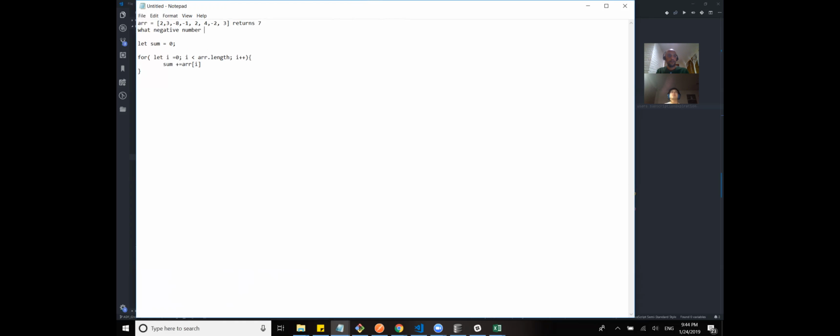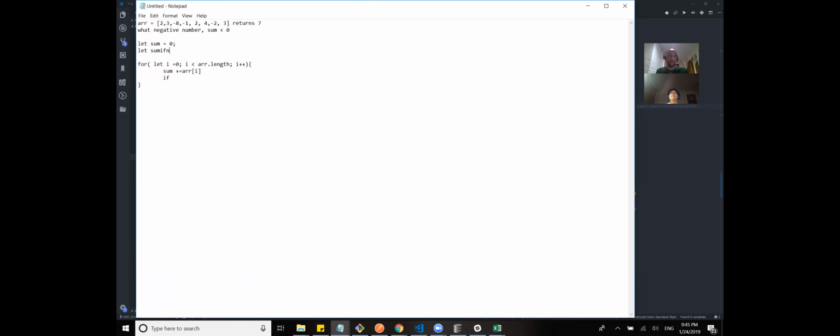And the next one is when the sum is less than 0. So I'll have an if condition here. I'll also need another variable,